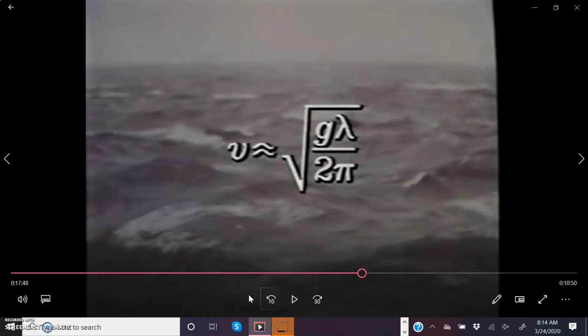So I have the film frozen right here at this moment where they're going to talk about the speed of a water wave in deep water. That is, where the wave itself does not interact with the ocean bottom. Okay, deriving this expression by using fluid mechanics is quite difficult to do, but the gist of it is that